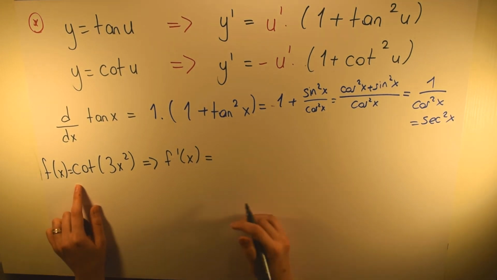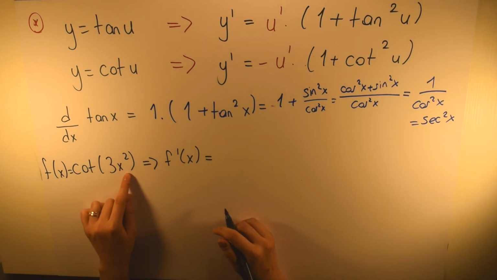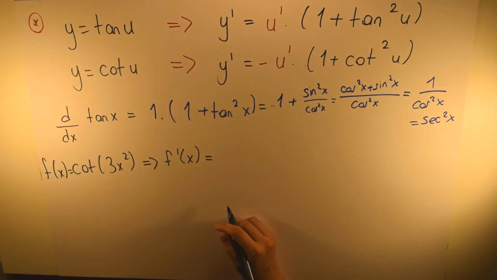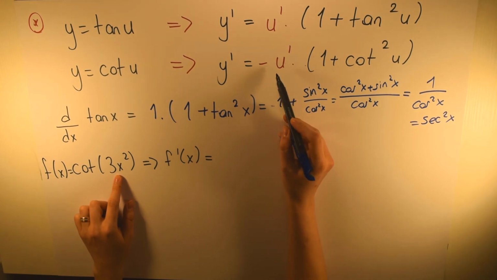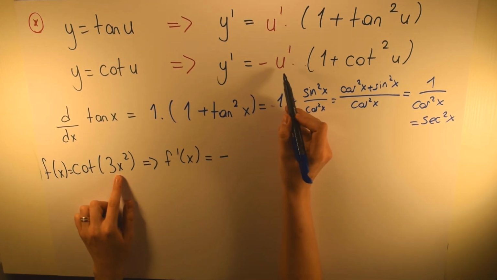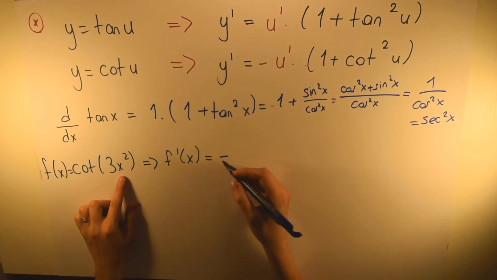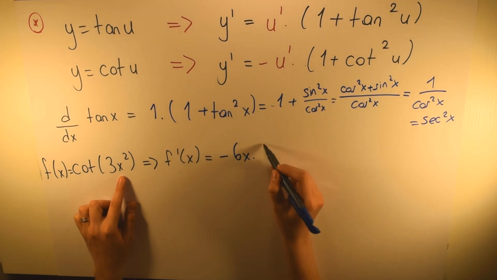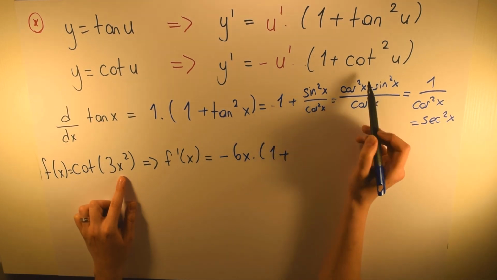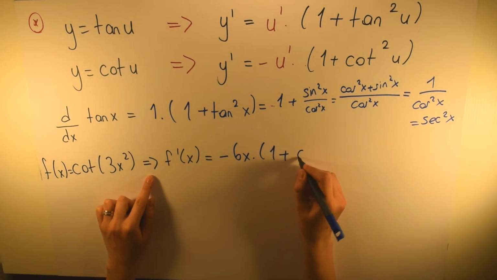So let's look at this one. Here we have f of x is equal to cotangent 3x squared. So what is the derivative of f of x? Here we will take this formula. We have minus the derivative of u, which is here 3x squared. The derivative of 3x squared is 6x, times 1 plus cotangent square u, which is here